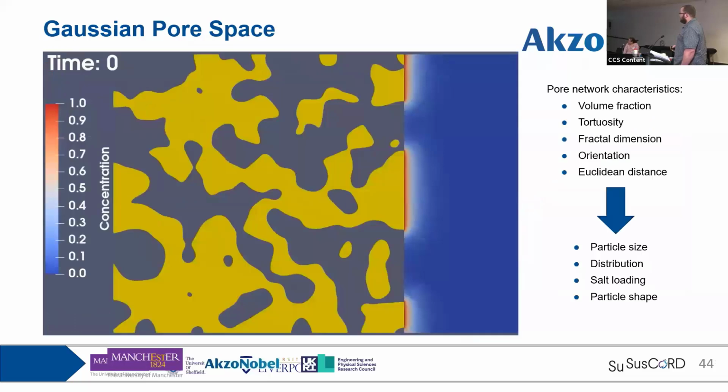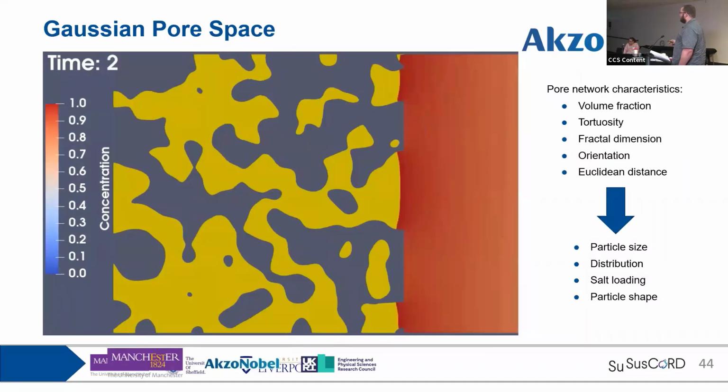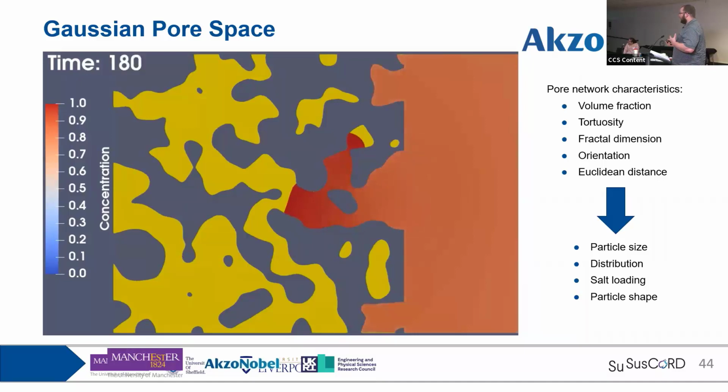So finally, I've started investigating what's called a Gaussian pore space. So this is a method of creating a random network so that we can characterize these in terms of pore network characteristics, such as volume fraction and tortuosity, then compare that to how well or how quickly the salt dissolves and diffuses out into the water, and then relate these pore network characteristics to manufacturing parameters such as